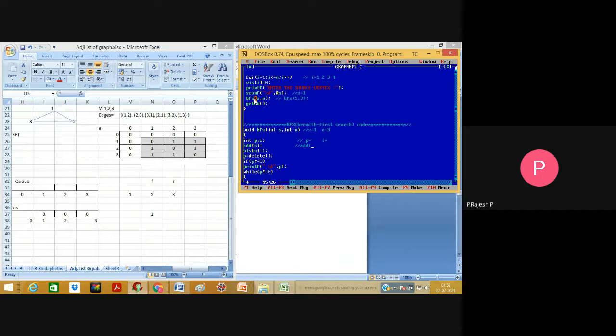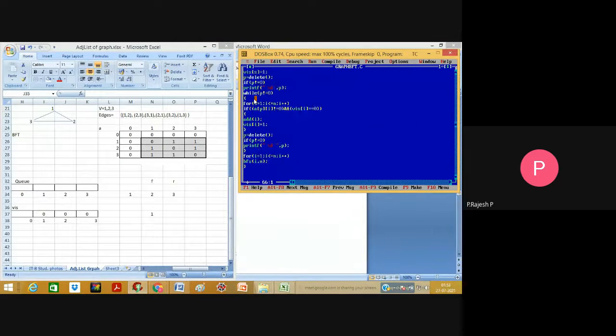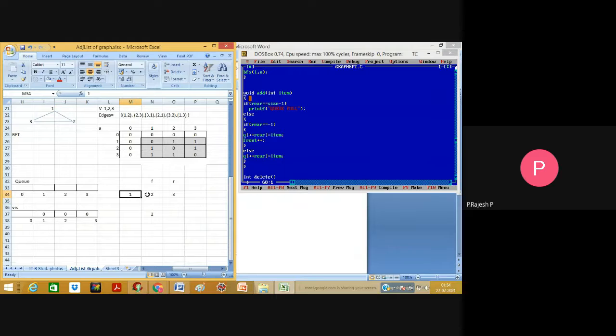What we are doing is add of s, where s is nothing but the value 1 right now. So go to that add function. Where is that function that was being defined? This is the function that was defined here. Initially, what is f and what is r-min? That means -1 and -1, right? So -1 and -1.